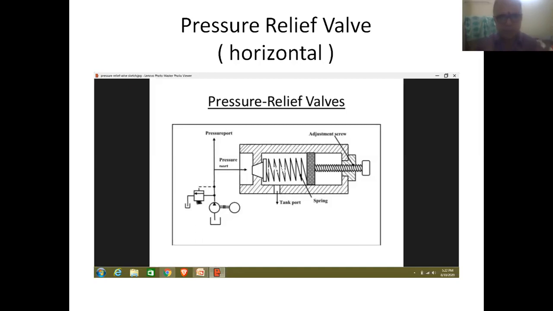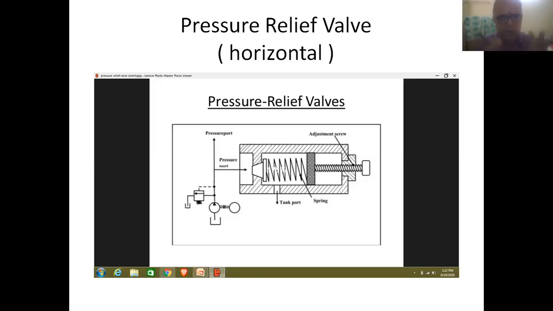So friends, this is used for controlling the pressure of the fluid that is flowing inside the circuit. If the pressure of the fluid is not controlled, it will result in major accidents.